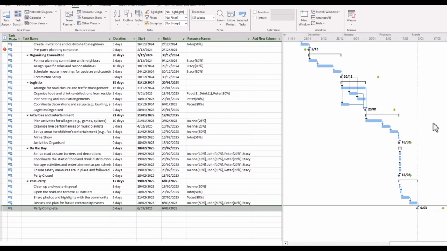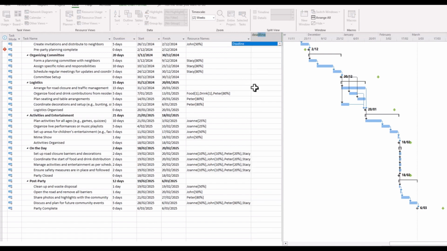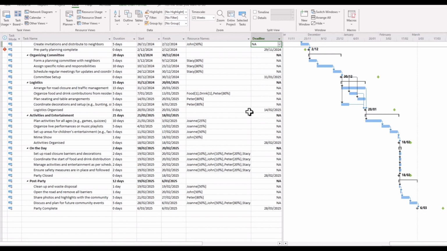Now I've gone ahead and placed deadlines, or in other words, those little green arrows, against all of my milestones for this project. So you can quickly see that they are very, very useful in showing where the project is in comparison with unmovable deadlines that should not be negotiated. But if we go a little further, you can actually bring up the deadline date by assigning a new column to show where those deadlines are. And straight away you can see where the deadlines are compared to the finish dates.